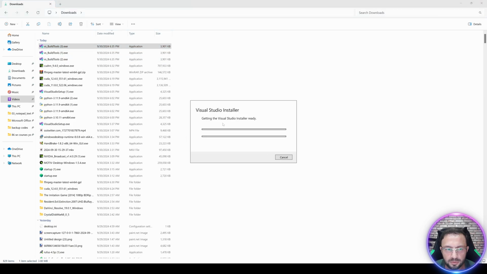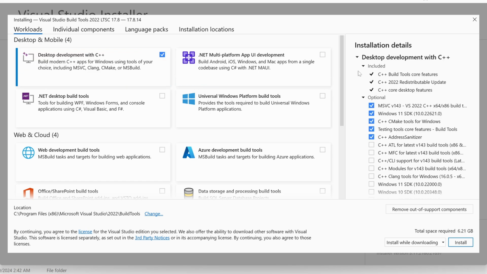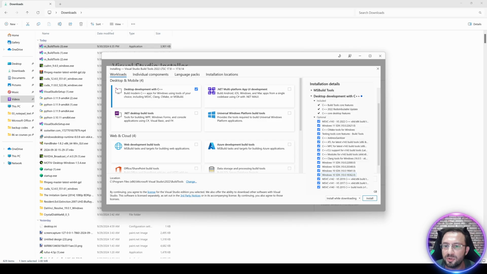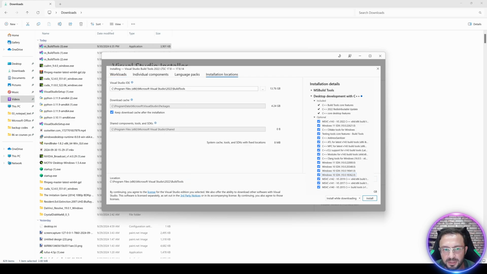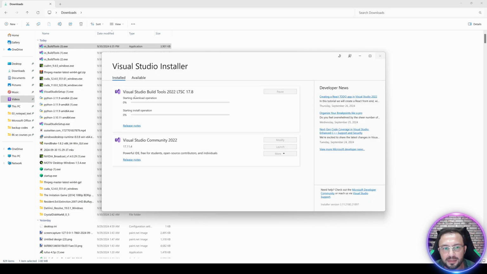Okay, Visual Studio installer. You see this one has build tools, and when you pay attention you will see it is installing Visual Studio Build Tools. This is not Visual Studio itself, this is build tools. Select C++ and from here select everything. So this is also going to take a lot of space. If you don't have a lot of space, you can just change the installation location from here. But I have, so I selected everything and install.